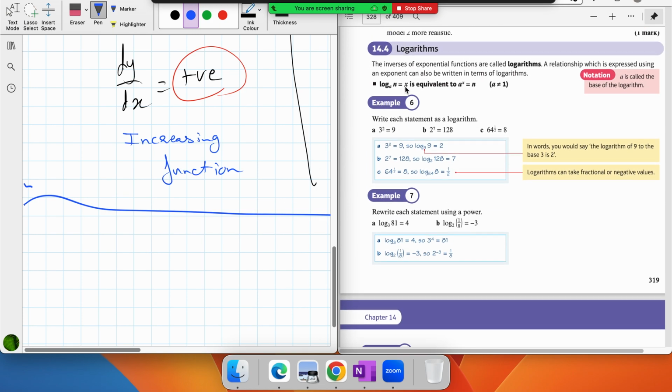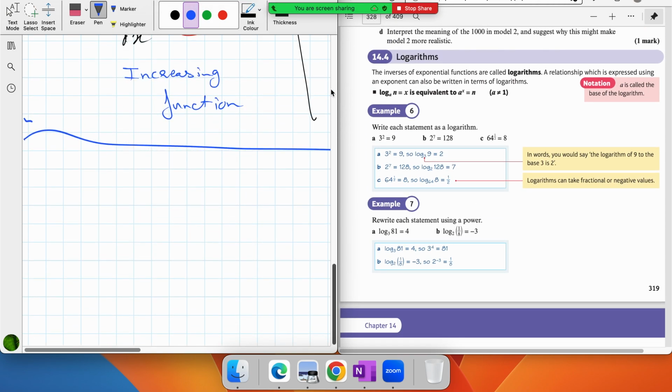Okay. A new topic is logarithms. And first, we'll be looking at how to convert index form into logarithmic form and back again. For example, we have